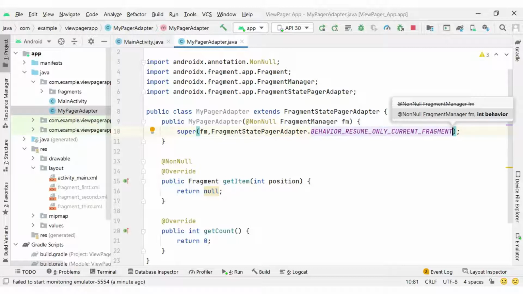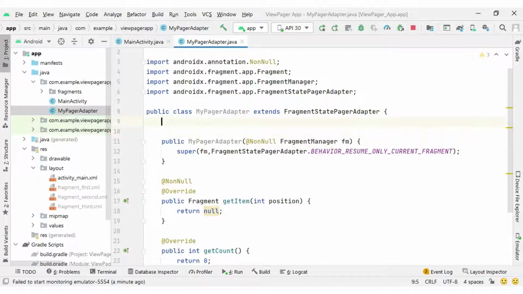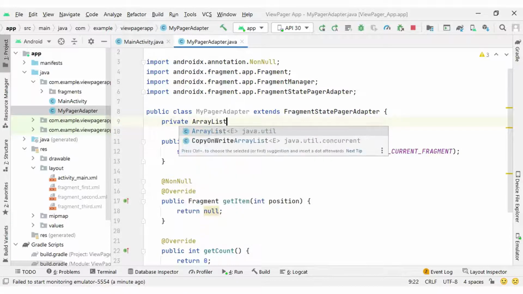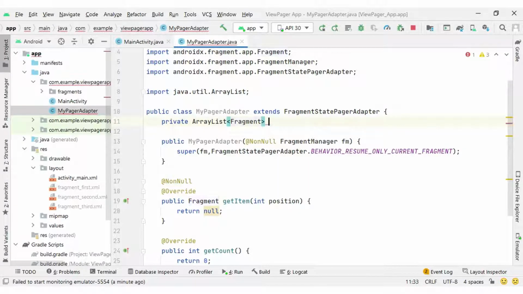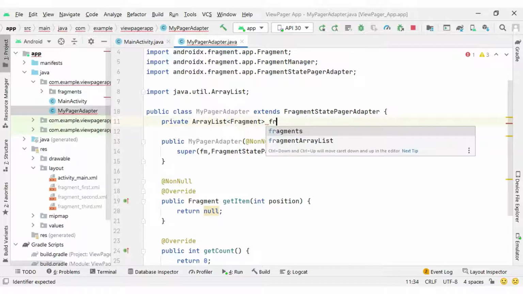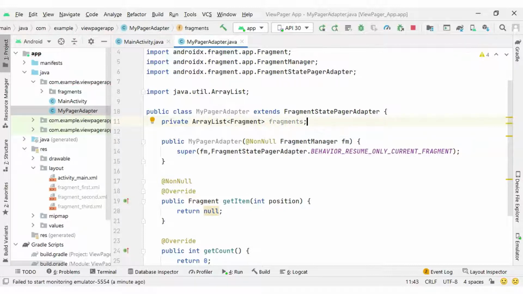As the name suggests, it will resume only the current fragment. With this we have our adapter class ready, and inside the adapter I will create an ArrayList of Fragment, because our adapter needs a list of fragments that it can display on every page. The name of the object I will set as fragments.